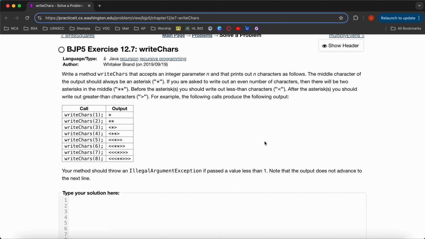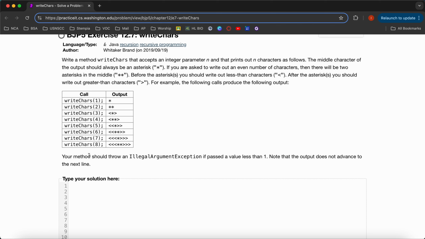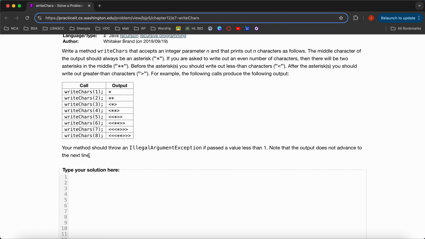So for example, the following calls produce the following outputs. This is like the example that they give us. And your method should throw an IllegalArgumentException if passed a value less than 1. Note that the output does not advance to the next line. Okay, so just for simplicity, I think